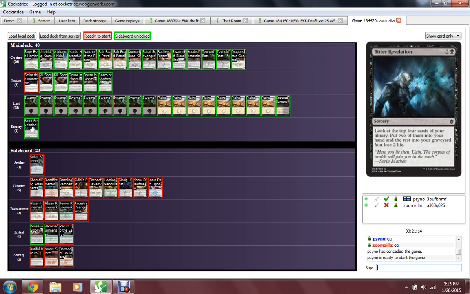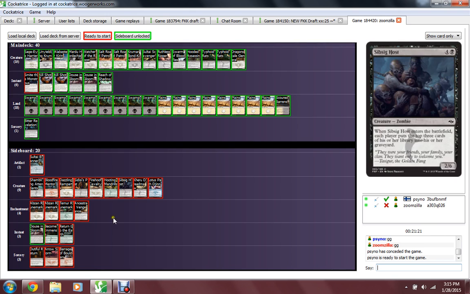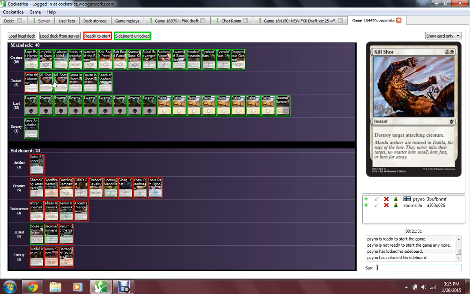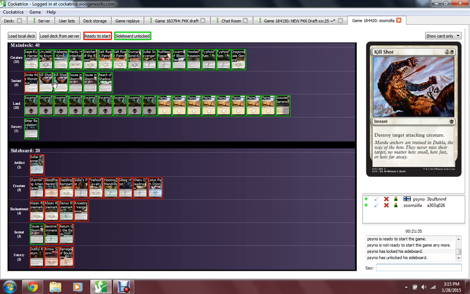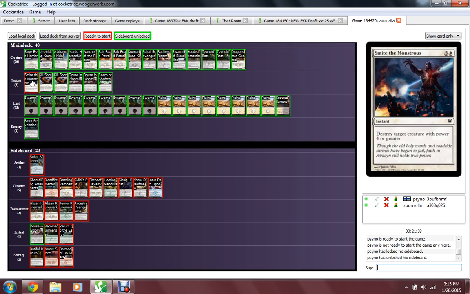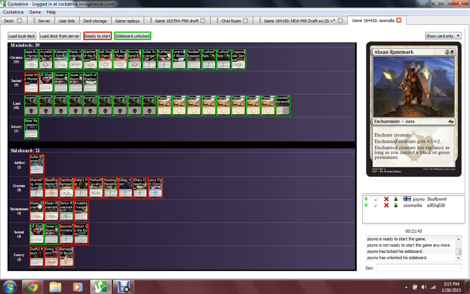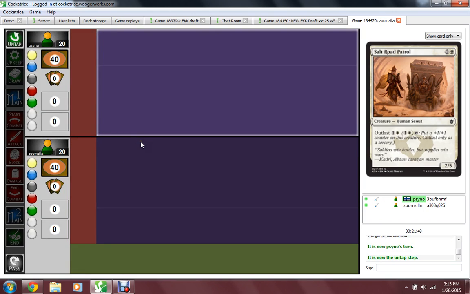Bitter Revelation seems like a good card. Do we just roll with a ton of removal? I mean, he doesn't seem to have a lot either, though. So maybe one of these rune marks might not be a bad idea. 2/2 and Vigilance on something could be a big deal. What would I take out? Probably one of the kill shots. Let's take a kill shot out and put a rune mark in. Not too happy about that, but